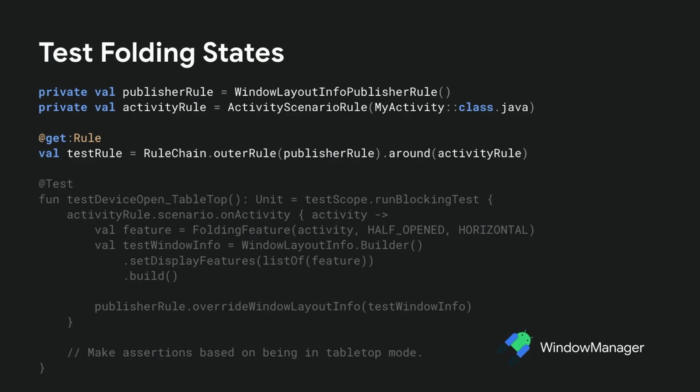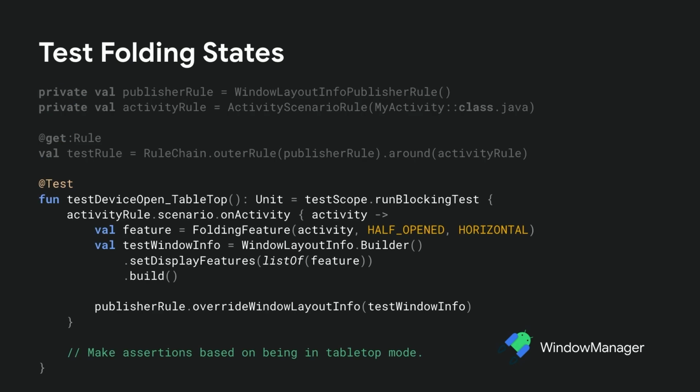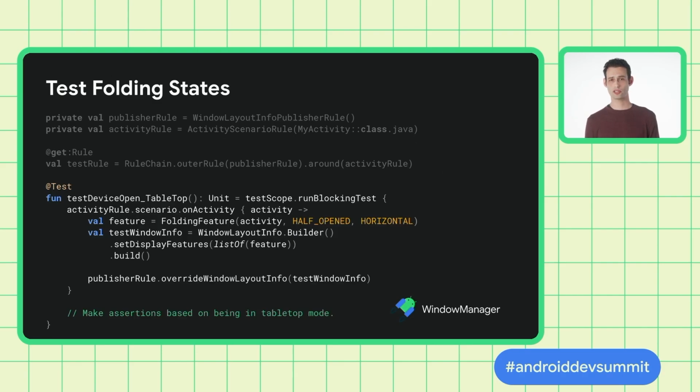So for our test using views, we're adding the window layout info publisher rule, along with the activity scenario rule, and combining them into a test rule chain. In the test method, we acquire the activity through the activity rule. We then create a window feature to simulate tabletop mode, and build a window layout info object, and publish it using the publisher rule. After that, we can use Espresso and JUnit assertions to check that our activity properly handles